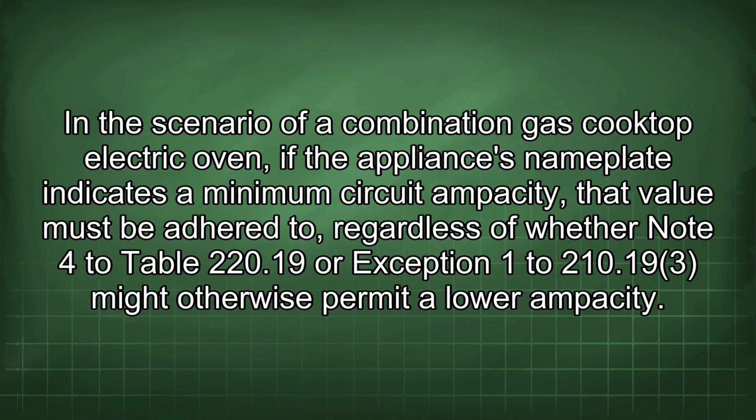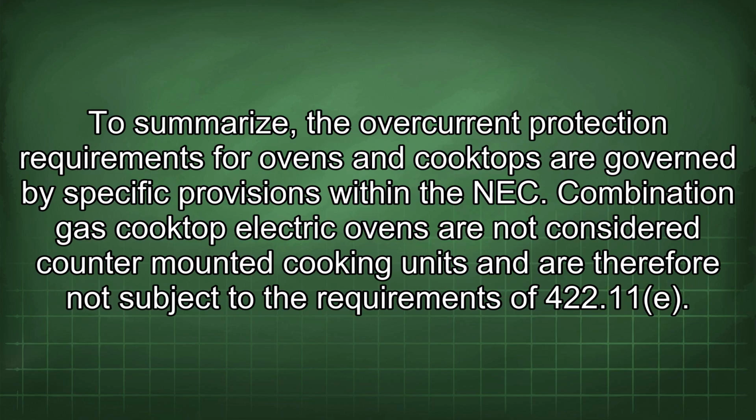In the scenario of a combination gas cooktop electric oven, if the appliance's nameplate indicates a minimum circuit ampacity, that value must be adhered to, regardless of whether Note 4 to Table 220.19 or Exception 1 to 210.19(A)(3) might otherwise permit a lower ampacity. To summarize, the overcurrent protection requirements for ovens and cooktops are governed by specific provisions within